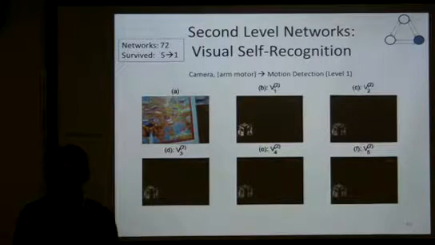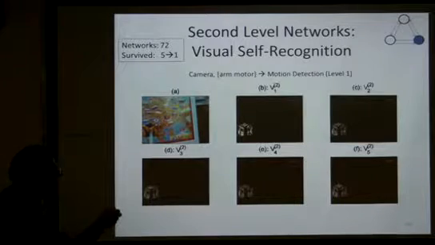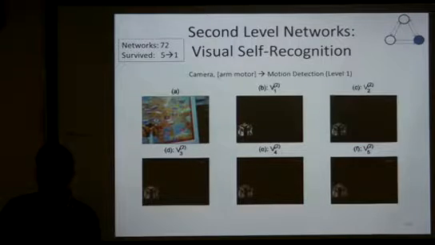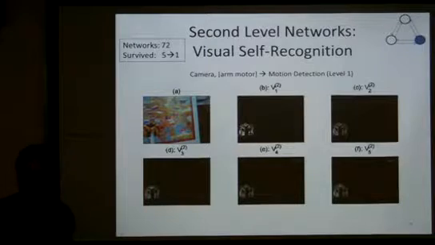And what you asked about this hierarchy, you have to have this motion detection present in order to learn this. So it's not in the same level. You have to use information you already learned in order to learn something new. Okay? So you learned visual self-recognition. That's cool. Again, I use this thing to learn something else in the next level. What's the something else?